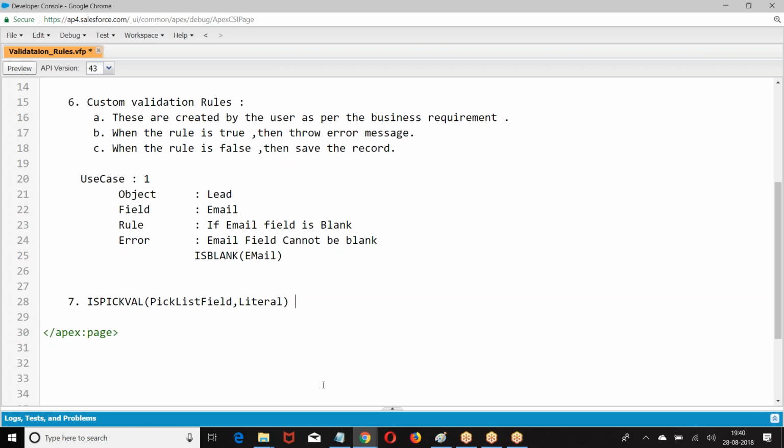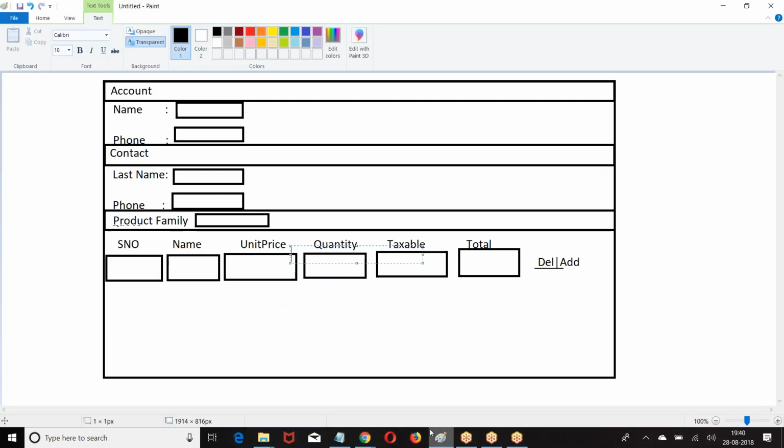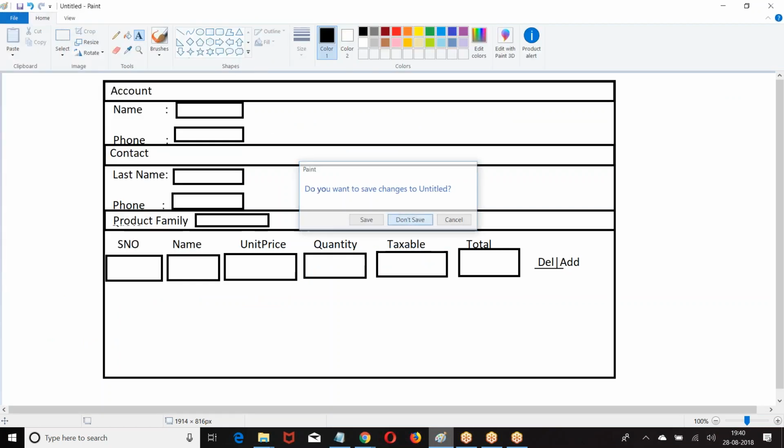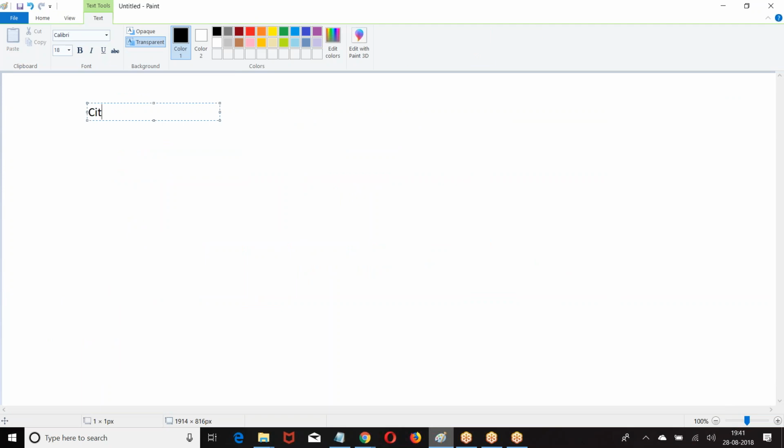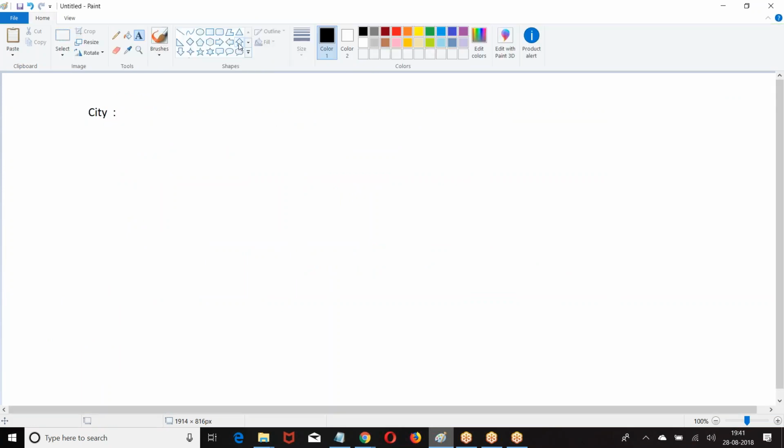Okay. IsPickval. What is isPickval? I have a city. When I say city, any one of the options should be selected from city.